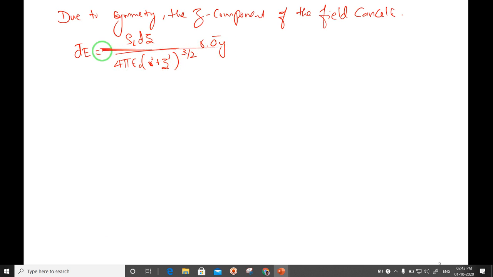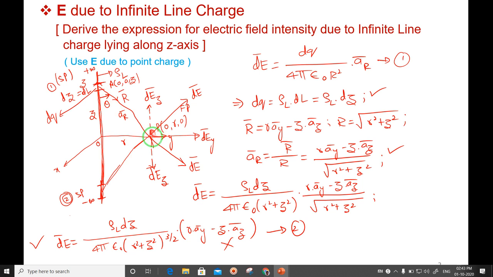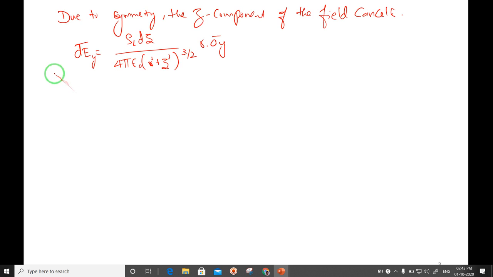Since I have only the y component, I can write it as dEy. Is it fine? Then this is the small differential electric field, but I want the total electric field intensity at this point P due to this infinite line charge. Means I will write the total electric field intensity, the total E at point P due to infinite line charge,